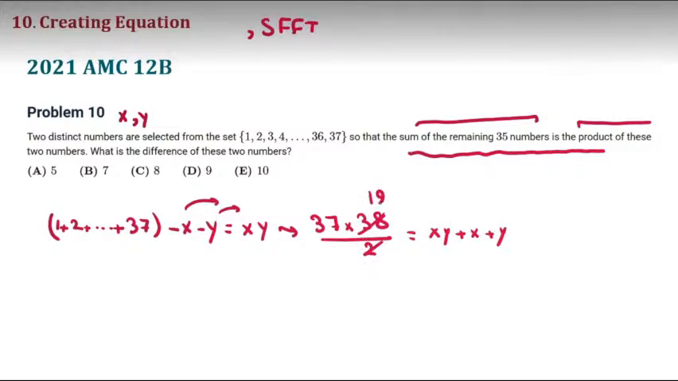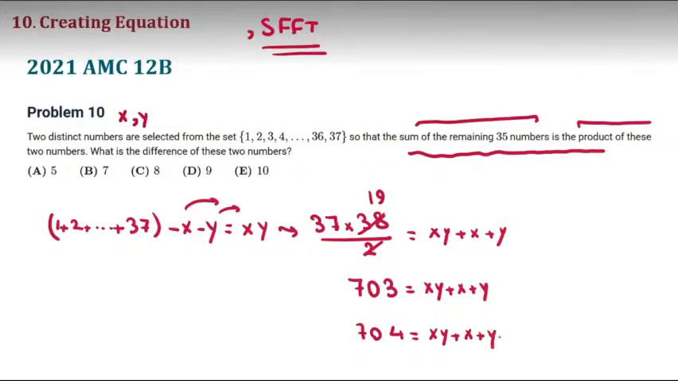So this is 19. And if you multiply, it will be 703 equal to xy. I solved also in my previous videos these ideas with SFFT. You should add 1. Then it will be 704 equal to xy plus x plus y plus 1, which equals (x plus 1)